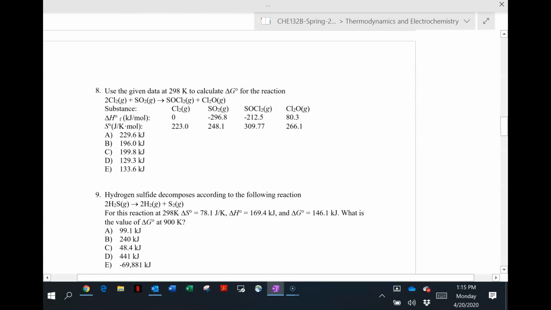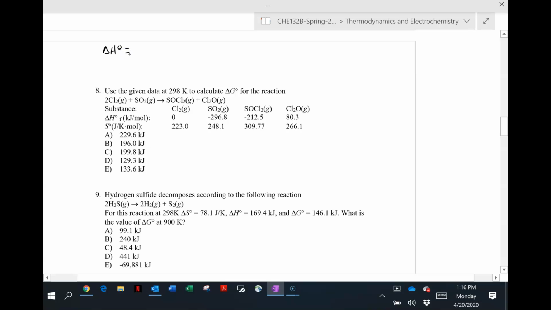Okay, so here's one where we're being given some data of delta H of F and standard molar entropies, and we're being asked to calculate delta G. And again, this is my preference for you in terms of calculating delta G's, rather than using something like a delta G sub F, which I think is only good at one temperature. So that's why I don't want you to do that. All right, so let's do the delta H part of this. Delta H is going to be